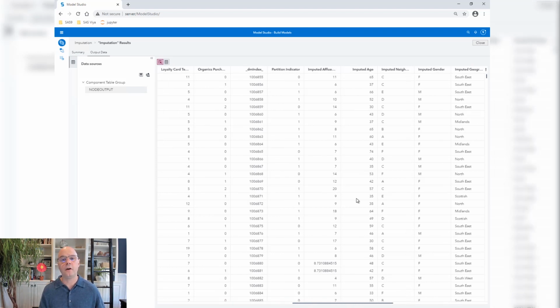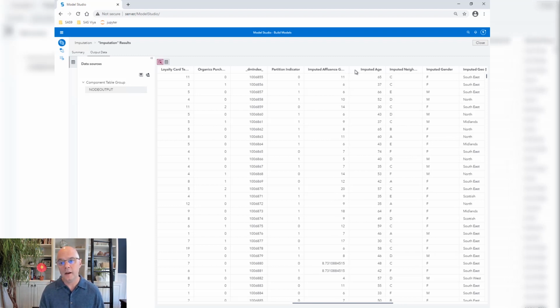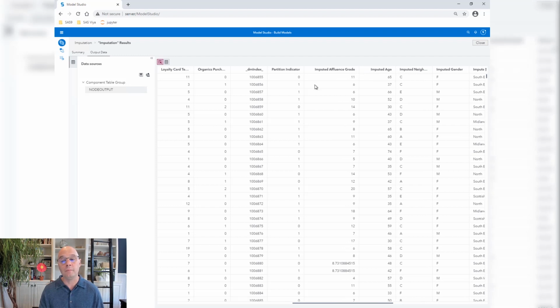All right, that's far enough to see the imputed form of that variable. Now remember, the original demographic affluence variable is going to have a role of rejected. The imputed form of that variable, which should be this column right here, now has a role of input. The first 20 or so observations maintain the observed value seen before, and then down towards the bottom of the list is that value 8.7 that we saw earlier plugged in. That's the mean of the observed values.